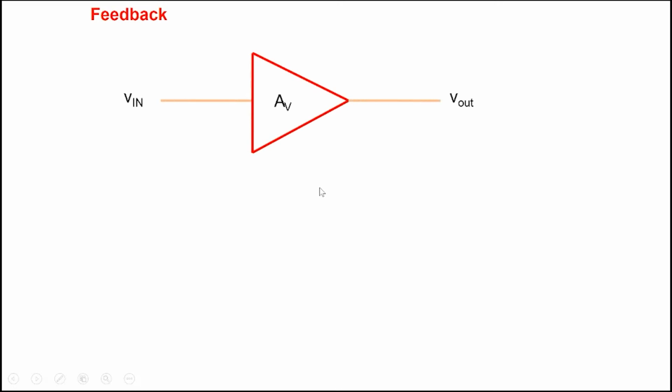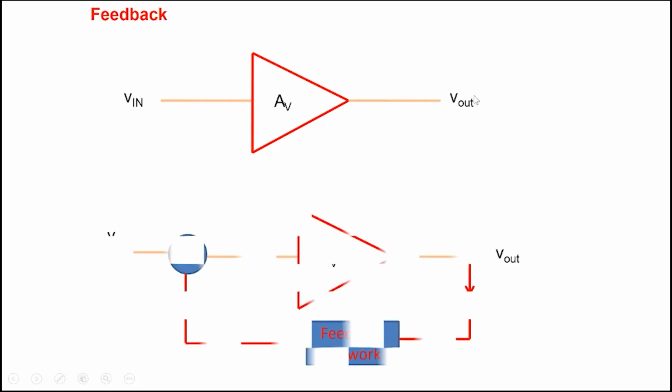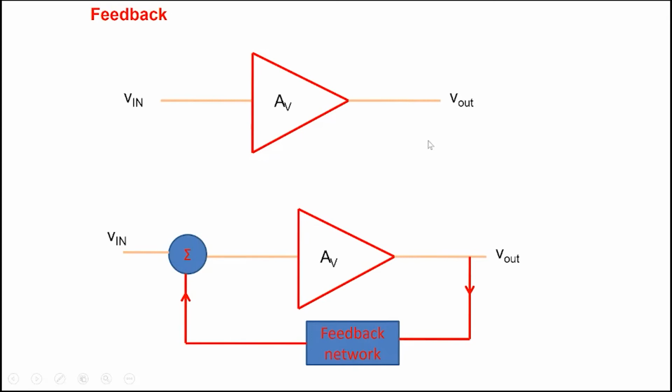So let's look at the concept of feedback. Suppose we have an amplifier. We apply an input and we get an output. So it's a normal amplifier, and we call it an amplifier in open loop condition. There's no loop where the output is being fed back. So no loop is being formed. It's like open here. But now, suppose we take the output here, we tap the output voltage here, and there is some network here,